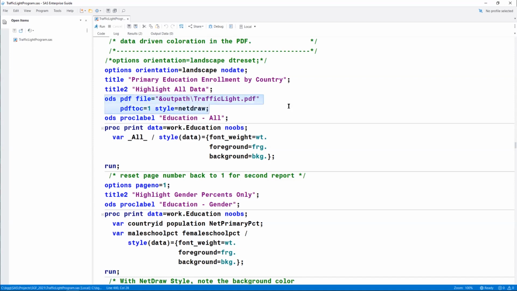And each one of these destinations has different options based on the format that you're trying to produce. I am adding another style called NetDraw. And it was another delivered style for the overall report. But I also have this option that is pretty Adobe specific, Acrobat specific. It's PDFTOC, table of contents.